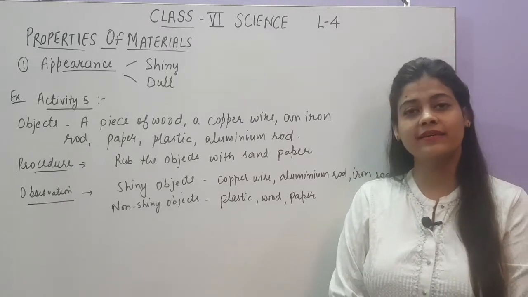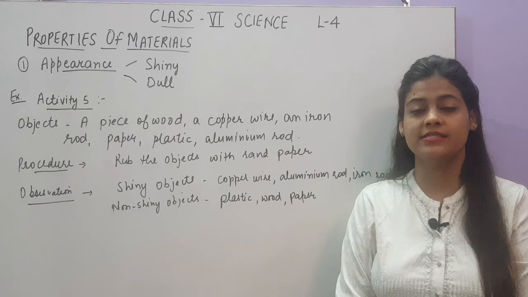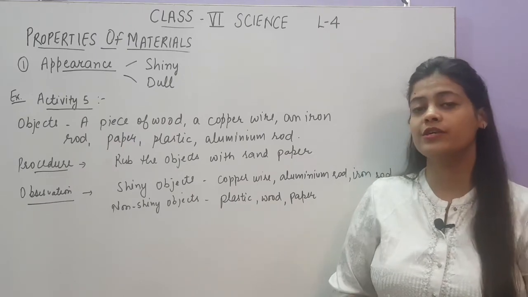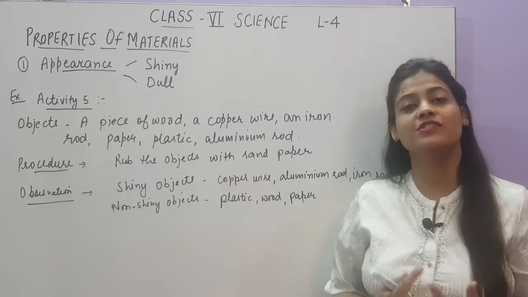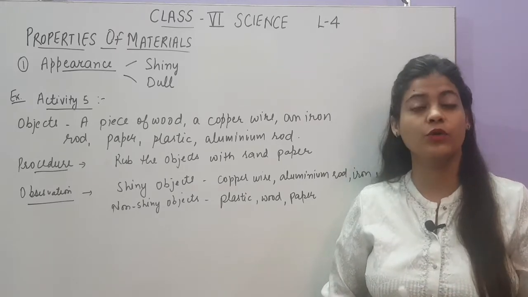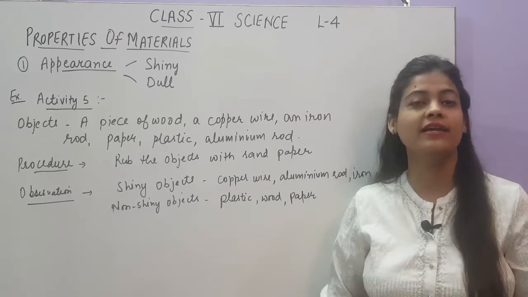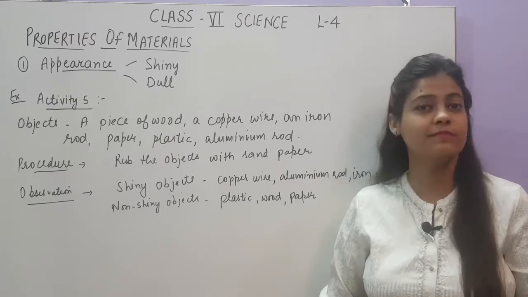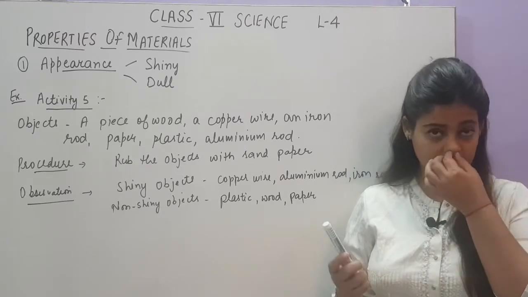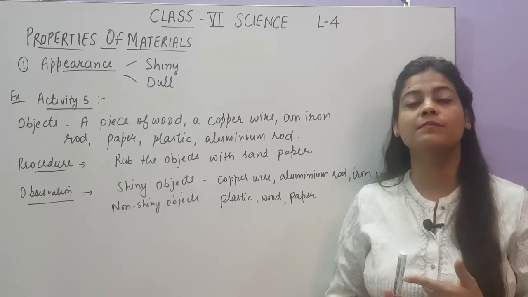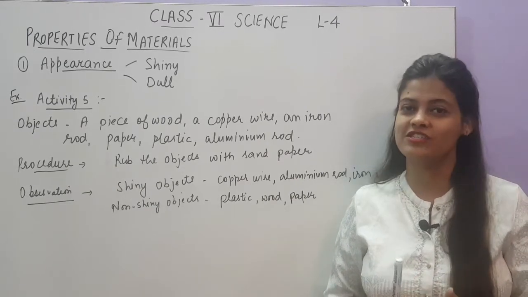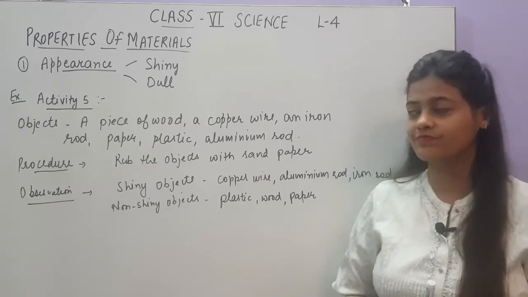Like all the materials, they are not exactly the same. So first you should remember what a material is. A material is anything which is used to make an object. कोई भी ऐसी चीज़ जो कि ऑब्जेक्ट बनाने के लिए हम यूज़ करते हैं उसको हम क्या बोलते हैं? मटीरियल. Like for example, I have this marker. Marker is an object and plastic is the material by which this marker is made.